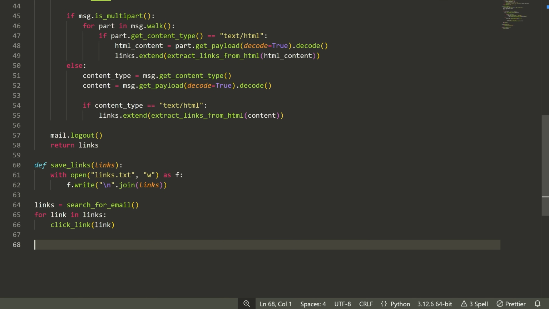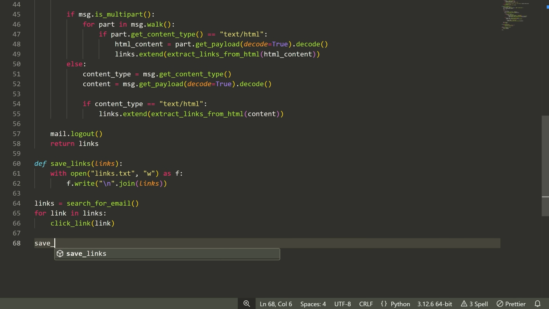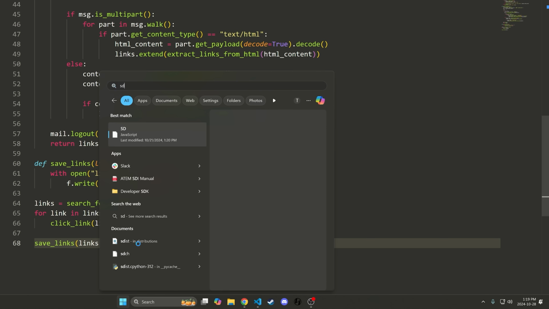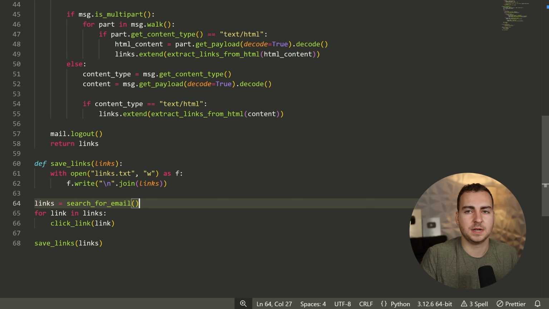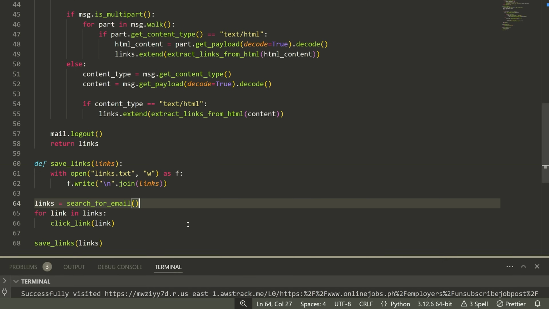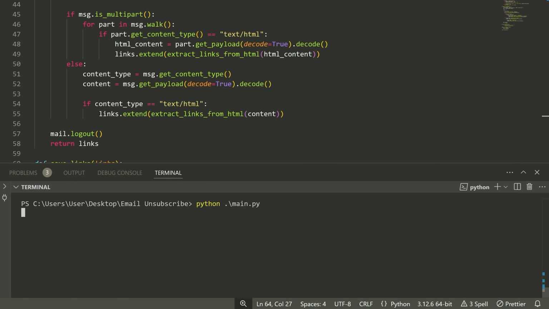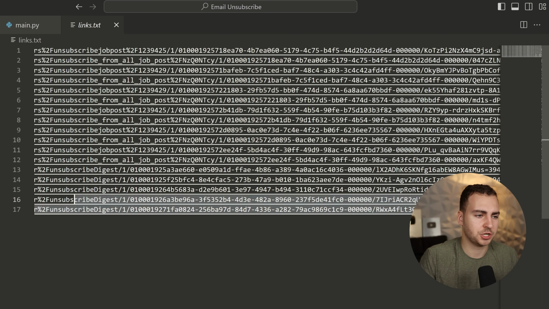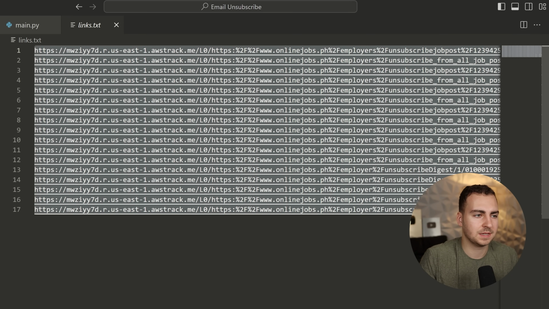So then after we try to click all of them, we can just say save links and then links. And then if we run this now, it will make a new file that contains all of those links. So let's quickly run this and test it out. Okay, python main.py, and let's see what we get. All right, so the script is finished, and you can see now that we have our file that contains